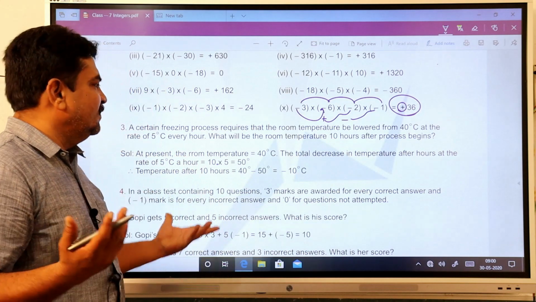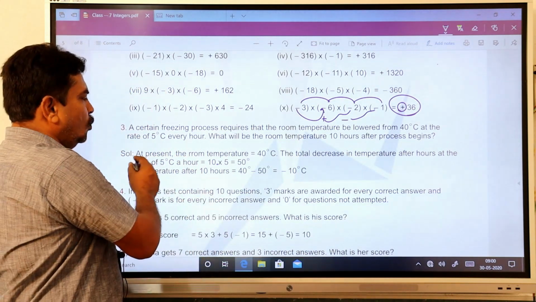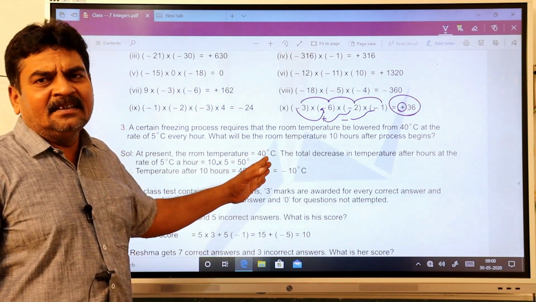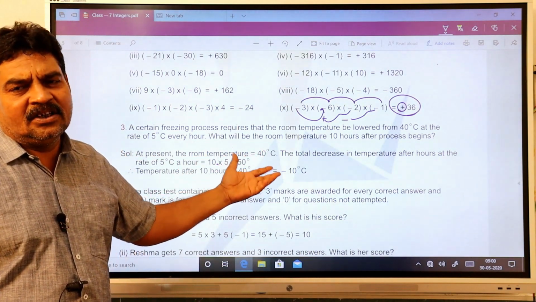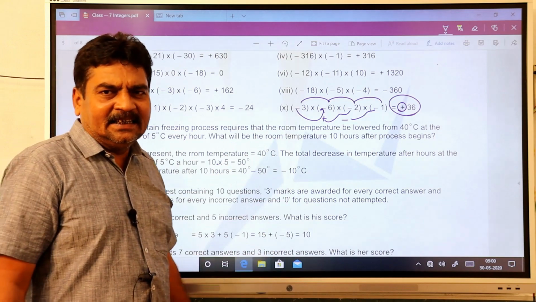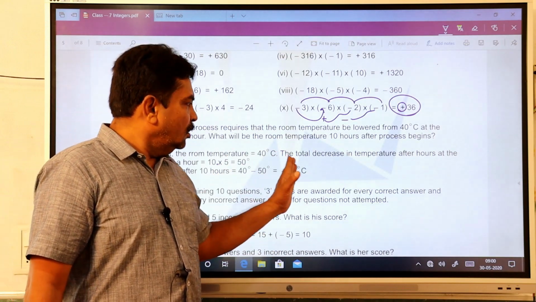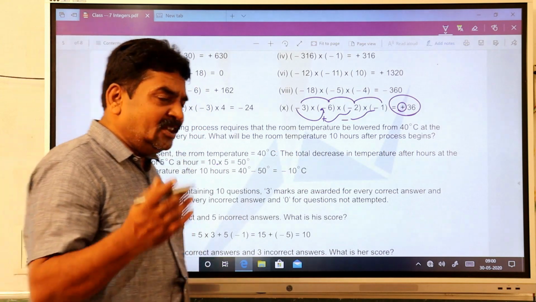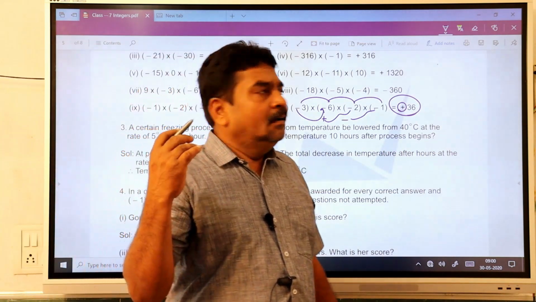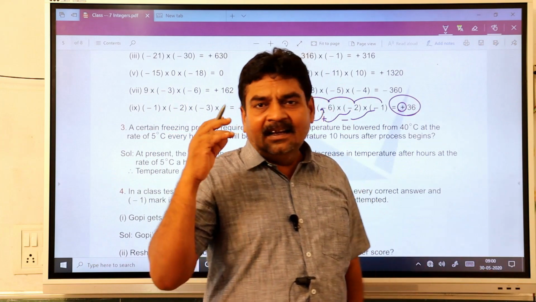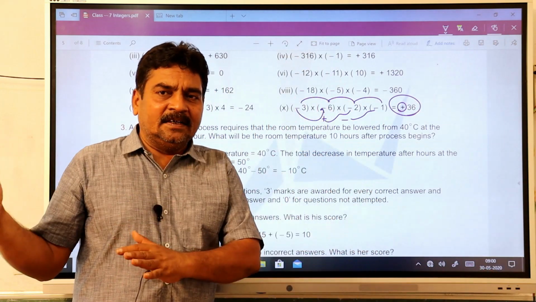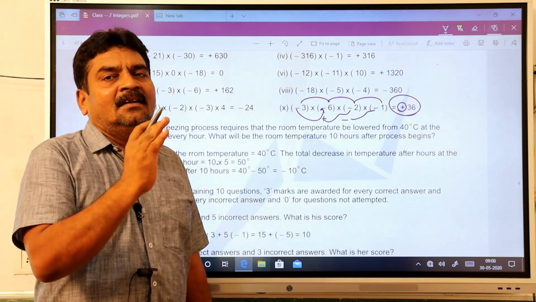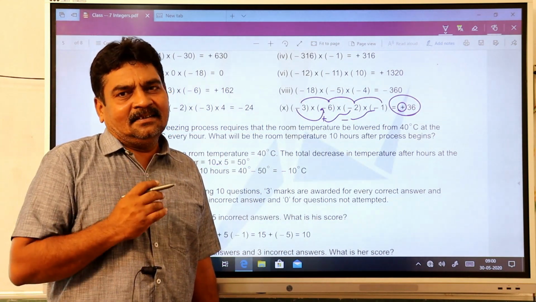Let us see. It is very easy. At present, the room temperature at the starting is 40 degrees centigrade. So the total decrease, how much is it decreasing? 5 degrees every hour for 10 hours. So 5 into 10, 50. So 50 degrees it has to decrease in